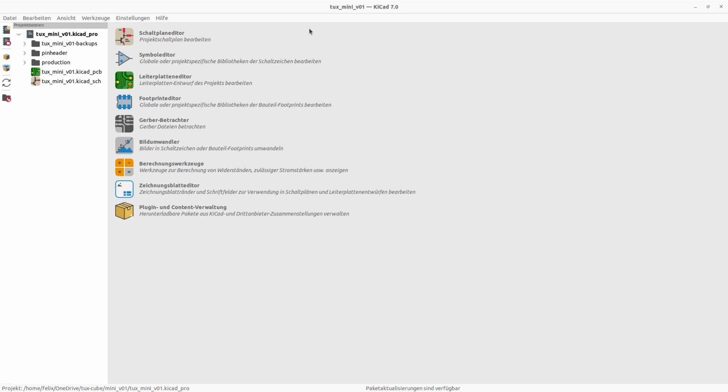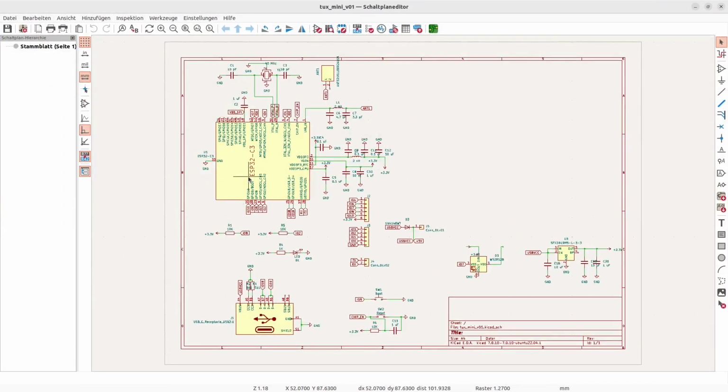Hello, and welcome to this video. I want to show you a little bit how I developed a little ESP32 PCB board, and I used the software KiCad. First I created the schematics. You can see it here in this editor, and I used templates and examples from the internet and placed these